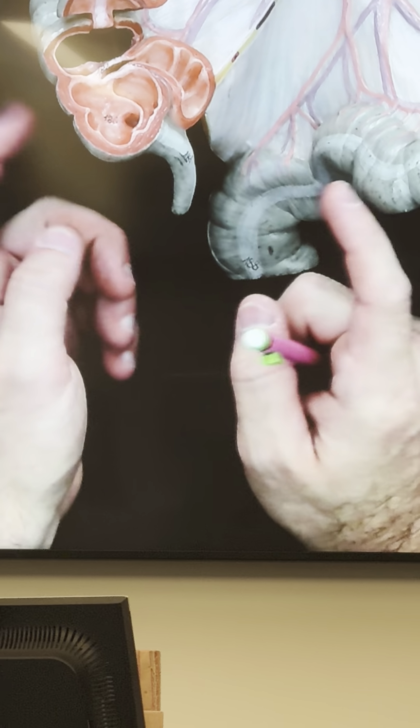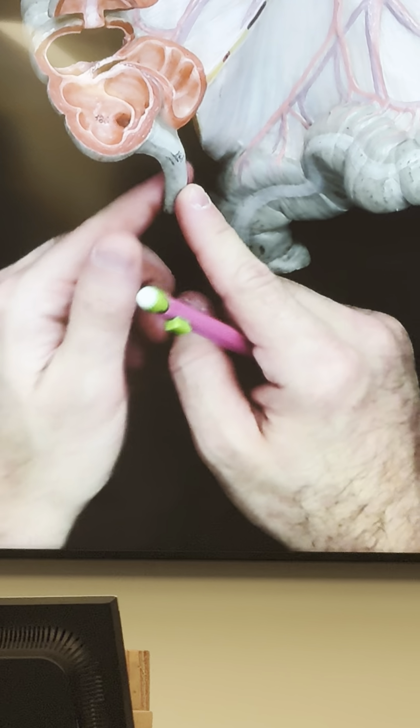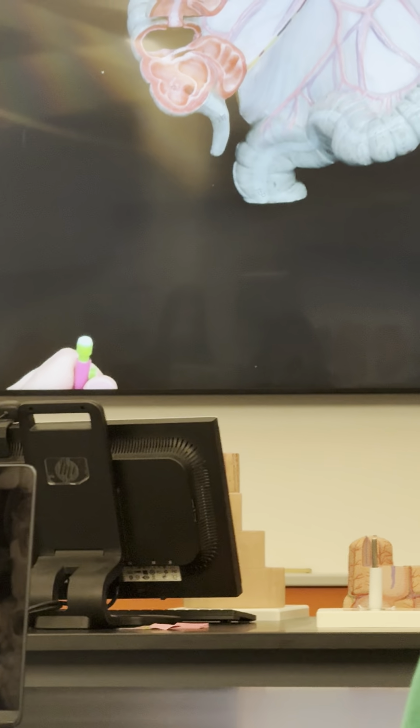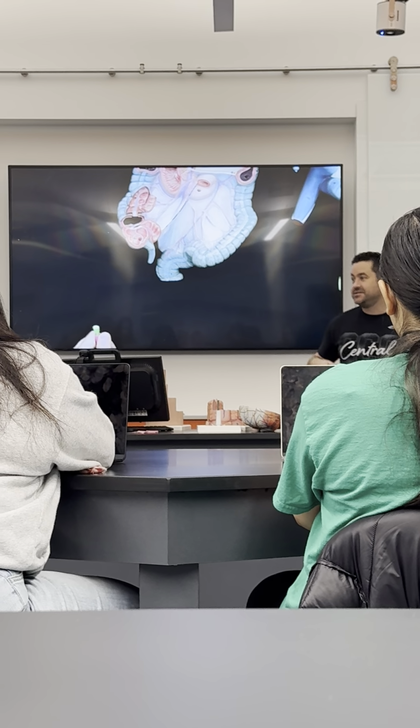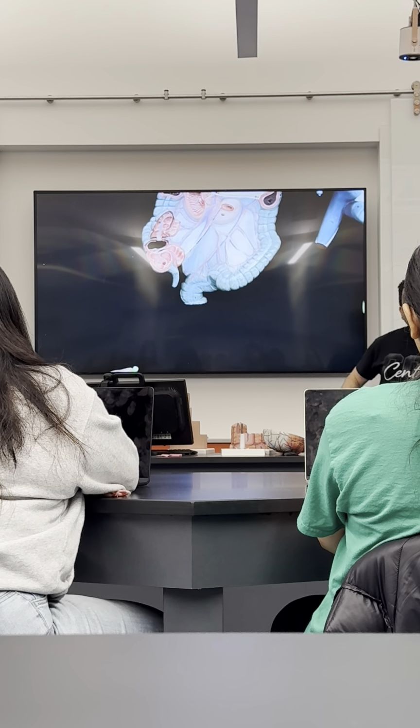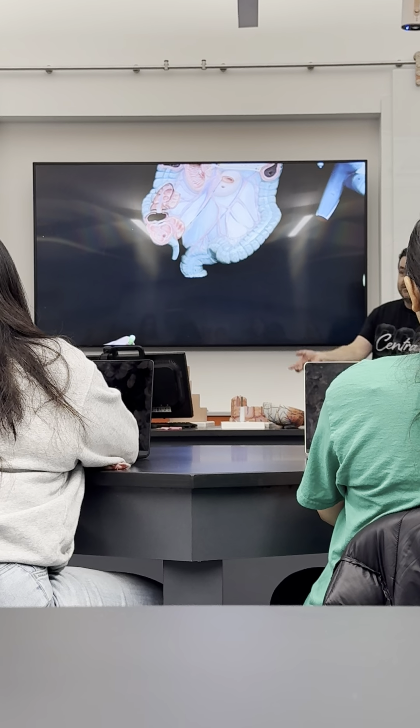Okay, so a few things with your appendix. First of all, if you ever push here and it hurts, what should you do? Immediately, or you'll die. You go to the ER right away. Don't go to a doctor, not even urgent care, go to the ER, because they'll just send you there anyways. Go to the ER, they'll cut you open and look. If it's inflamed, they'll remove it.